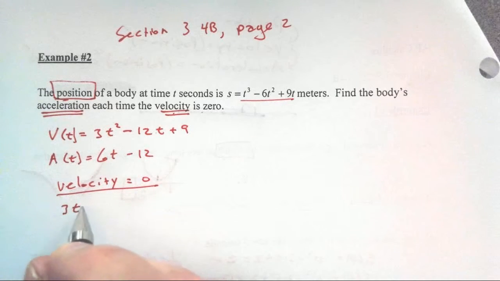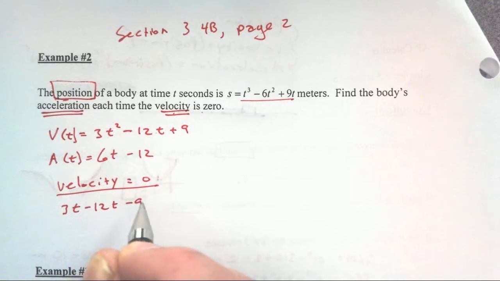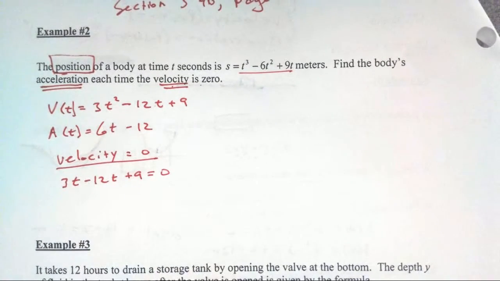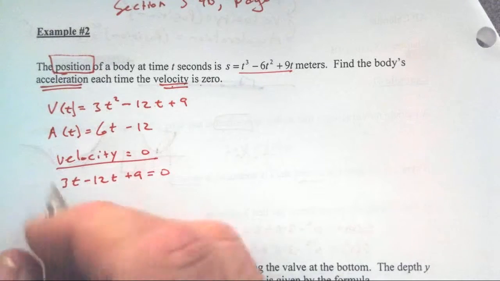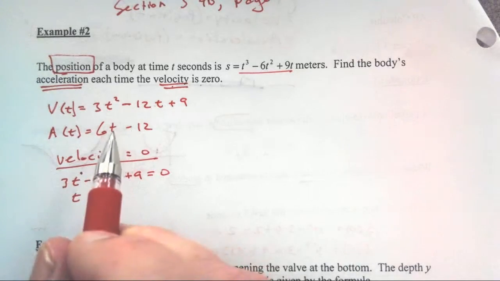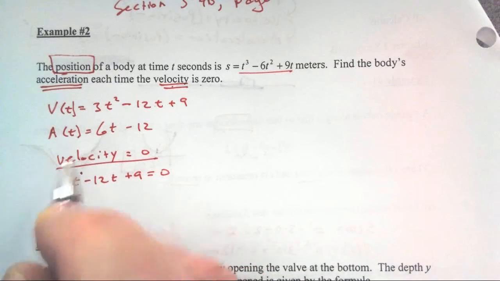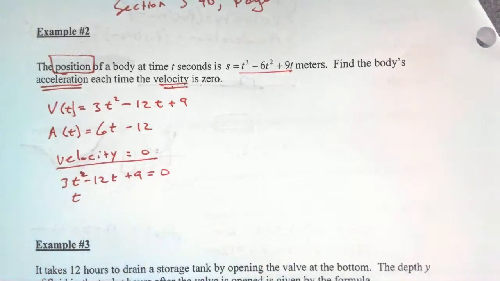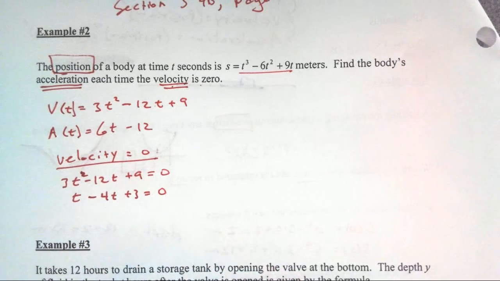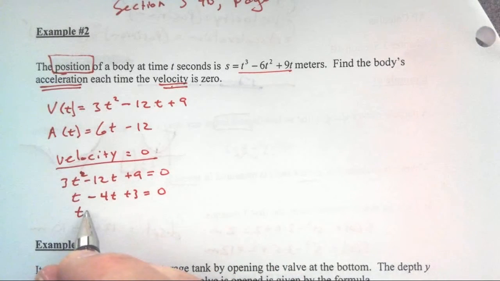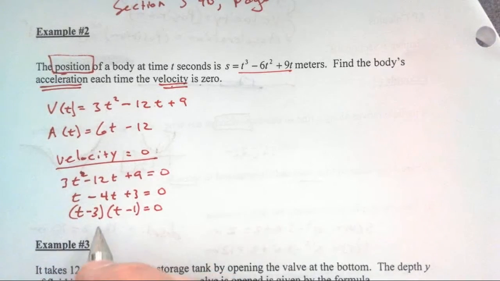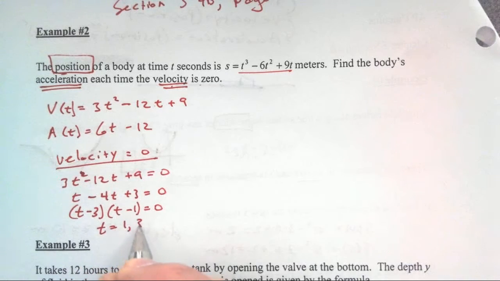So when is 3t squared minus 12t plus 9 equal to 0? Well, I can divide both sides by 3 in this case and get t squared, I'm just bringing that formula down. So I get t squared minus 4t plus 3 equals 0. And that is nice and factorable. That's t minus 3 times t minus 1 equals 0. So the velocity is 0 when t equals 1 or 3